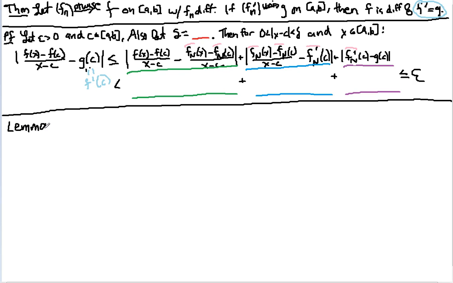All these lemmas are going to be basically the situation in this proof. So I'm not going to go and rewrite all of it. But I'll color code these. This lemma is going to prove that this thing is less than epsilon over 3. So I'm going to prove that f(x)